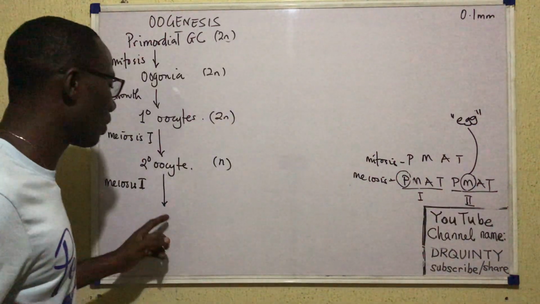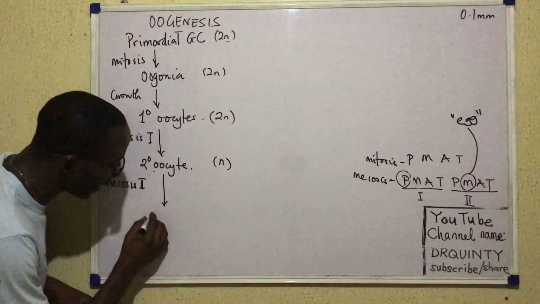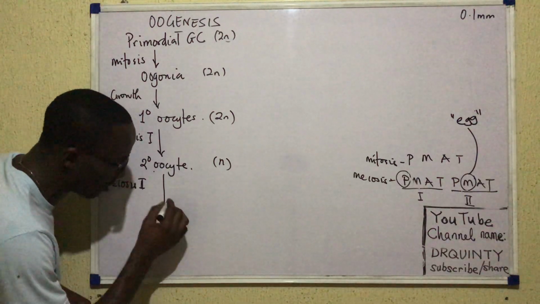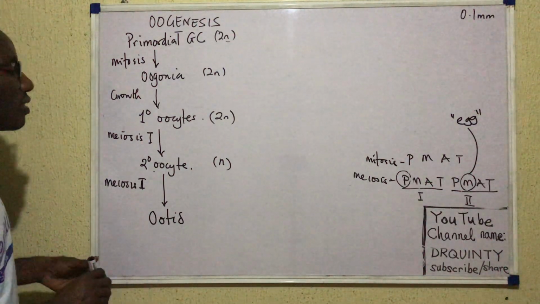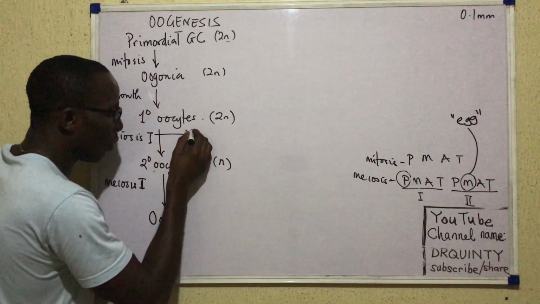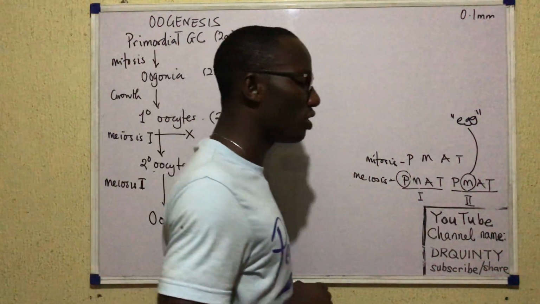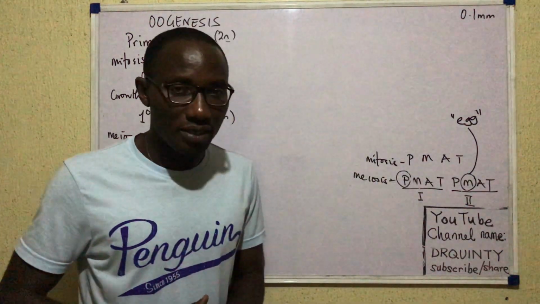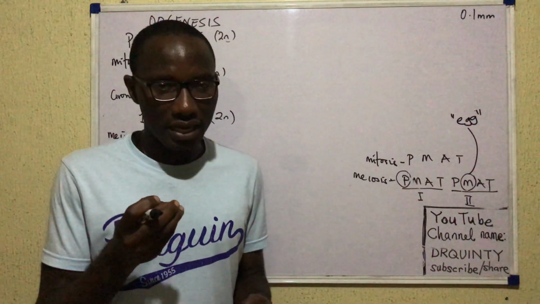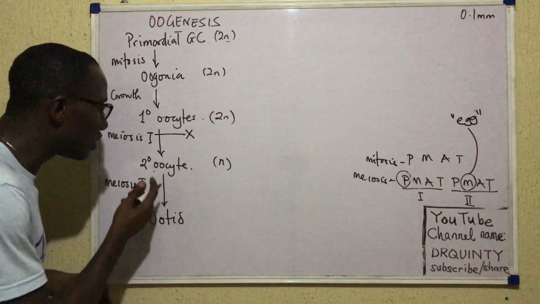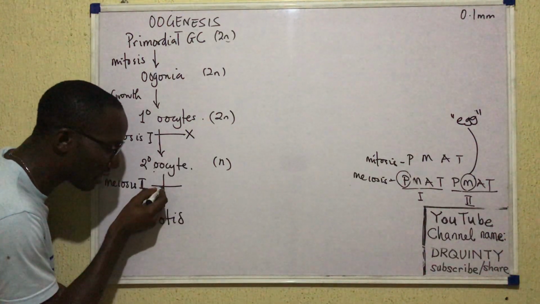metaphase 2. Because actually, this second meiotic division is supposed to convert this secondary oocyte into what we call an ootid. Just as you have the spermatid, this is supposed to be an ootid. So we are saying that somewhere here, there's a pause, prophase 1, and that pause will remain in the female until she reaches puberty. Then by puberty, once a particular egg is selected, once a particular primary oocyte is selected, that primary oocyte will continue all the way to secondary oocyte and then all the way to metaphase 2 and